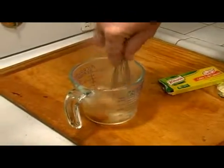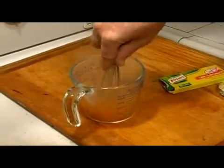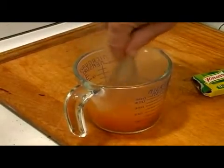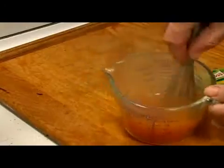And what we want to do is just go ahead and dissolve this in the water. If it doesn't dissolve all the way in here, that's fine, because that's going to go into your other pot with all the vegetables and things like that, so don't worry about it. But as you see, it blends in pretty well. Makes a really aromatic